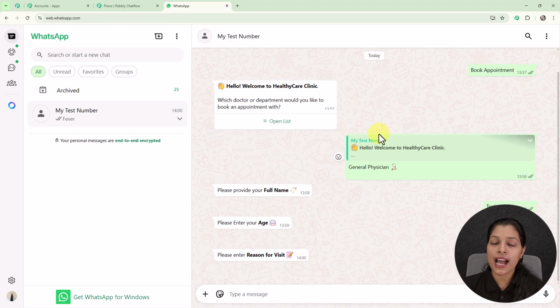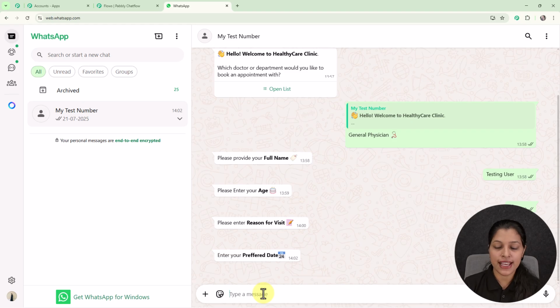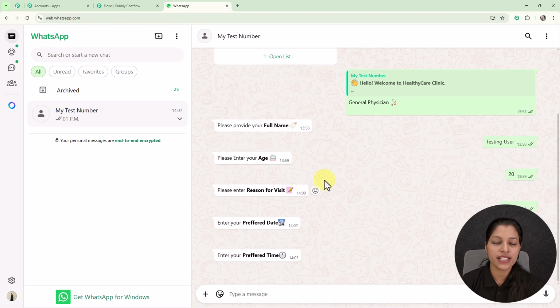Here you can see I have provided my reason for visit as well, and as I have provided it, I am getting a message which is asking me to enter my preferred date. So now let's enter our date over here. Here you can see I am providing my date as well, and as I have entered my date, it is asking me to enter my preferred time. So now let's enter our preferred time over here. Here I am going to enter my time as well, and as I have provided my time,